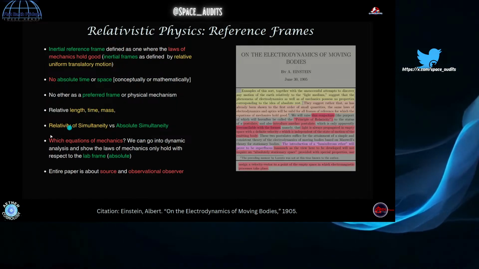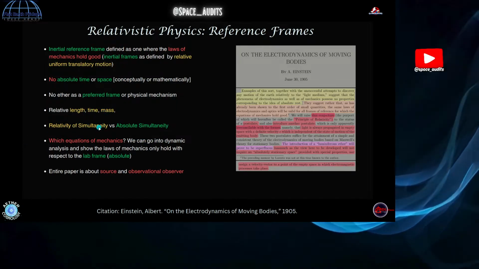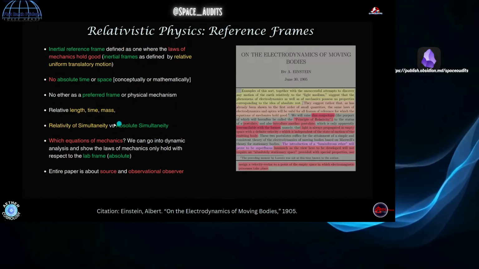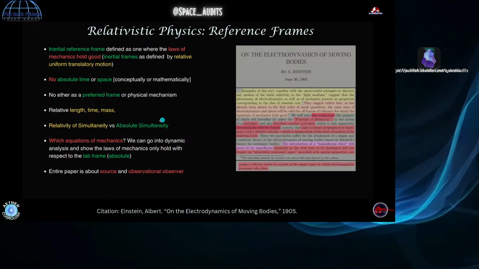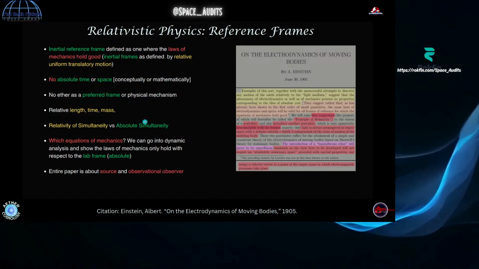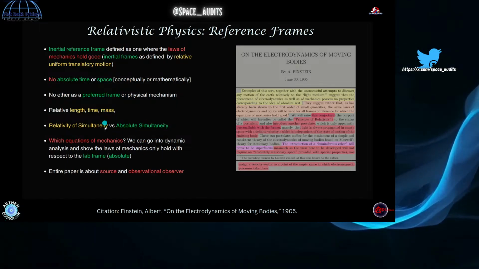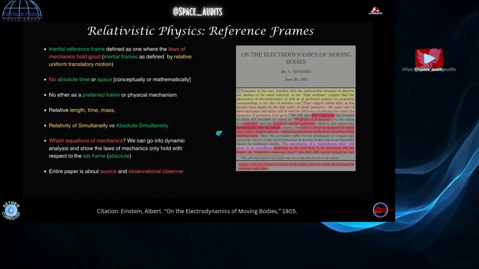So this is going to lead to something that needs to be explicitly defined as relativity of simultaneity, which deviates from absolute simultaneity, where instead of looking at it as an apparent effect, like a Doppler shift kind of thing, they're going to say that this is going to lead to physically different outcomes.